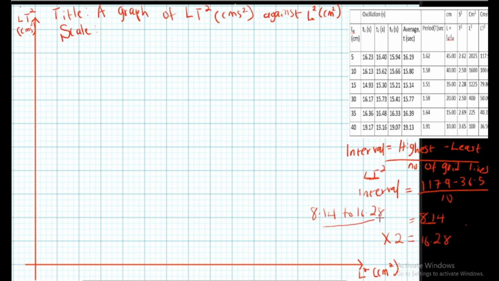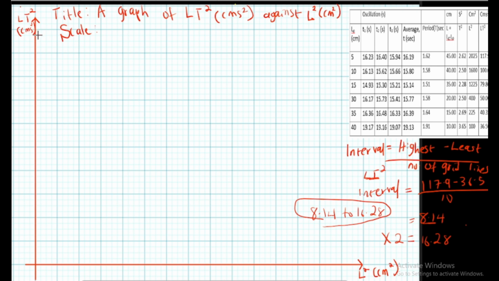Now we need to choose a number between 8.14 and 16.28 that will be very easy for us to work with, and it should be a number that is easily divisible by 5. Let's look at just whole numbers. After 8, the next number is 9. The next number is 10. 10 is easily divisible by 5 and it's not a bad number. So we can go with 10. So now we say 10, 20, 30, 40, 50, 60, 70, 80, 90,